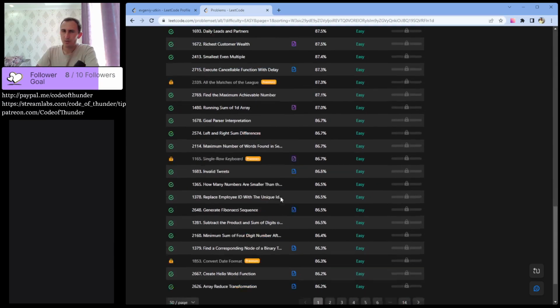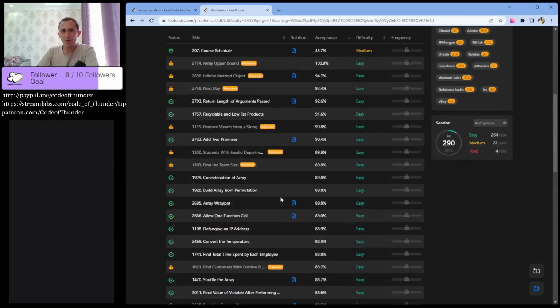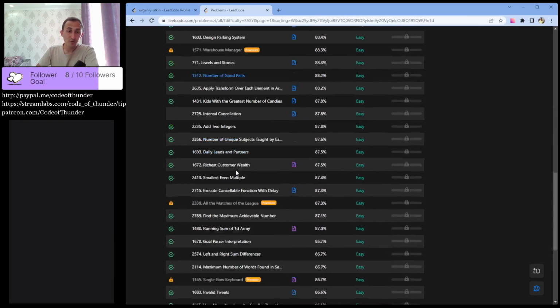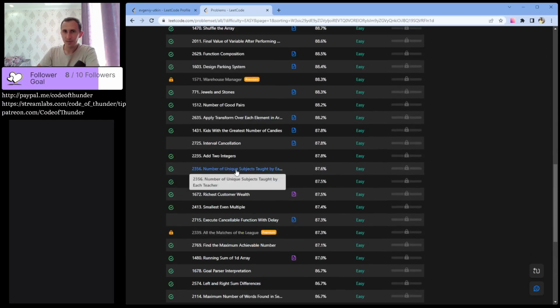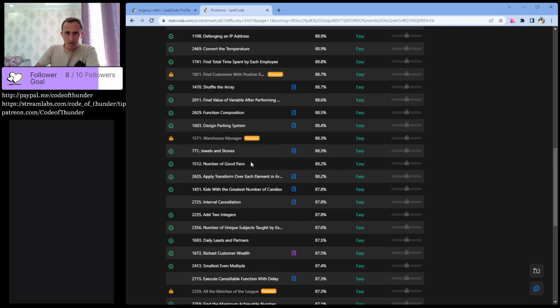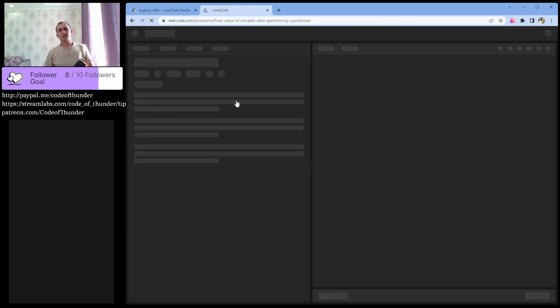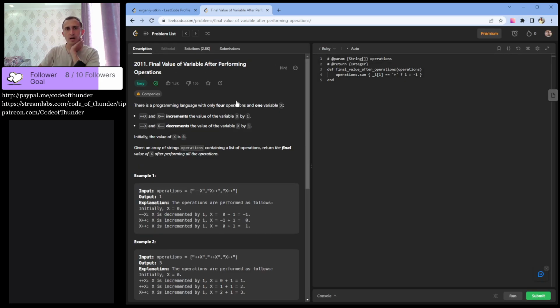And I wanted to say that we are already halfway through the first page, but no, not yet. So, 2011, final value of variable after performing operations. So there is an array of operations. And there are 4 kinds of operations. Well, actually 2. And the first one is we have to increment the value of x by 1 if it's